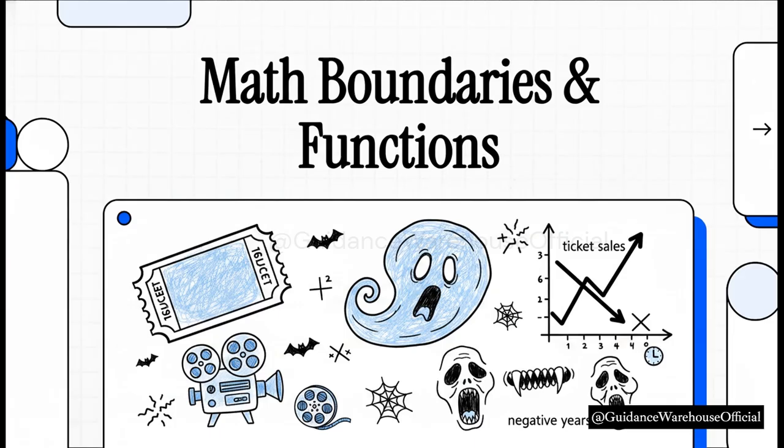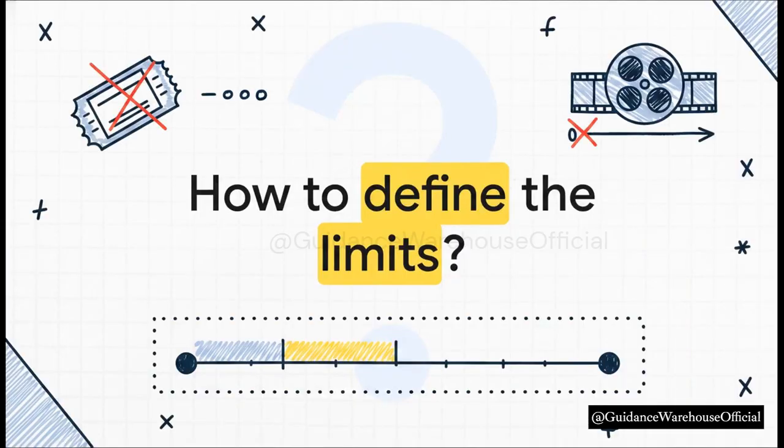Your shiny new formula is spitting out negative years and negative ticket sales. So how do we mathematically define the limits of what's actually possible here? Obviously, you can't sell -3 tickets, and a movie definitely couldn't have been released in the year -500, right? To model real-world data like a box office gross, we need to mathematically identify what values are physically and logically